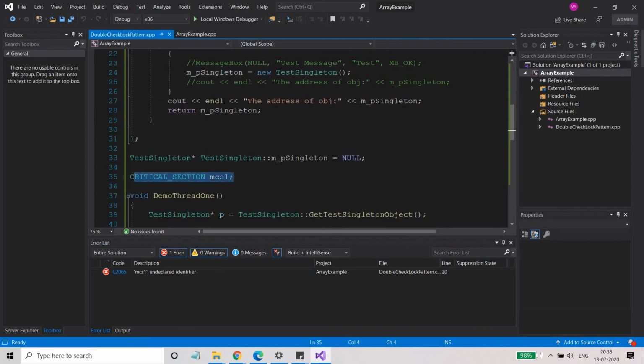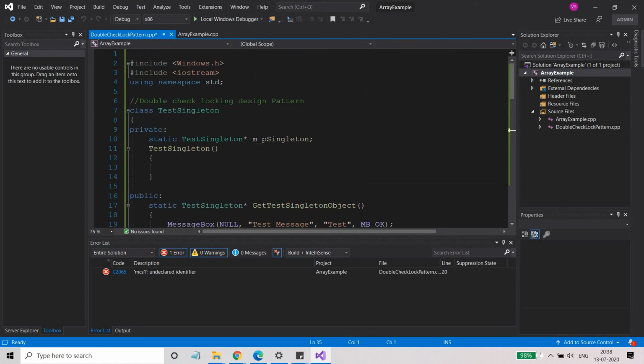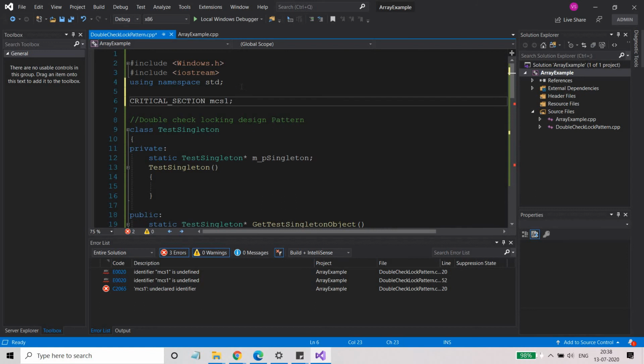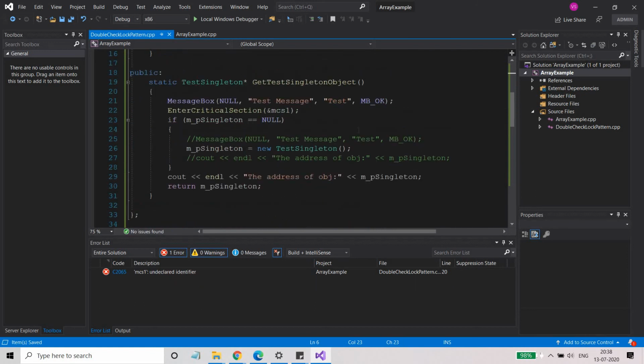MCS1. Okay, so this needs to be placed on the top. This MCS1 is already there, enter critical section, and before returning, just do leave critical section.